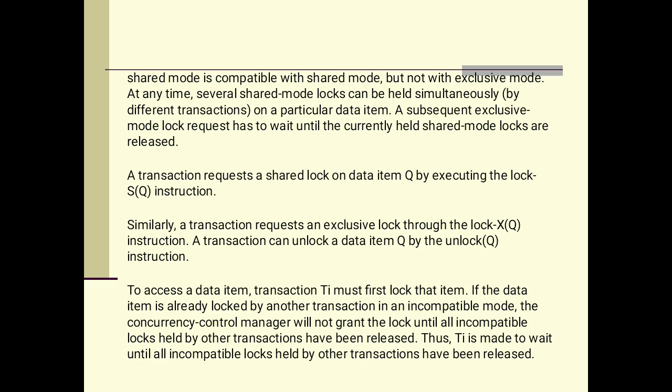If the modes are incompatible, then the concurrency control manager never grants that lock. Thus, Ti is made to wait until all the incompatible locks held by other transactions have been released. So this is how various locks